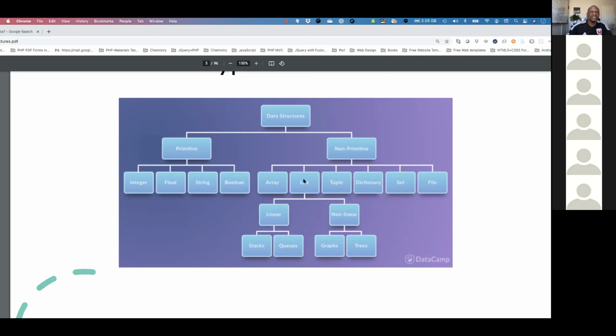Now this is not what we are going to talk about in an introduction. We will not have time to talk about it. But I talk about it in data structures, and I also talk about it in advanced Python, but on the fly. So when we talk of a list, we have two types. We have the linear and the nonlinear. The linear is like the following line, okay?